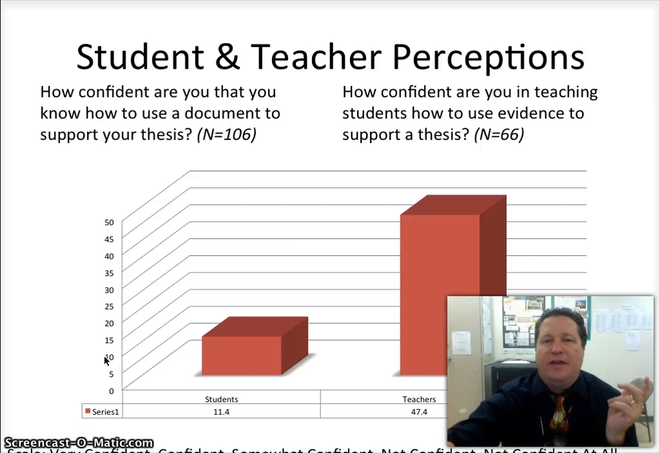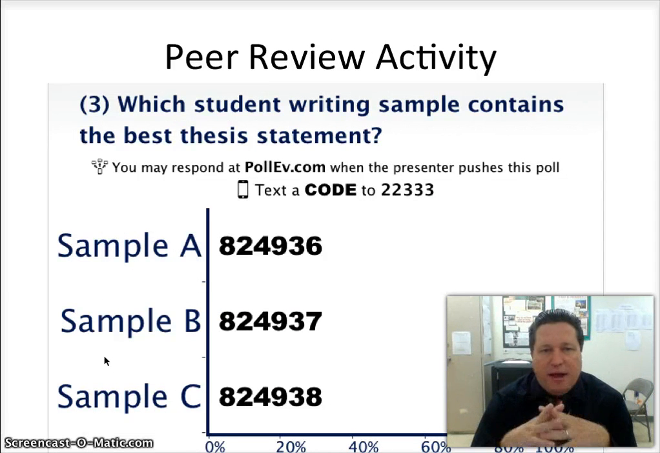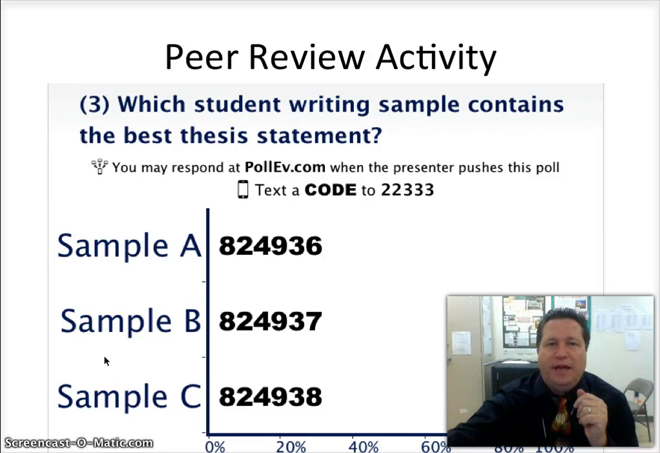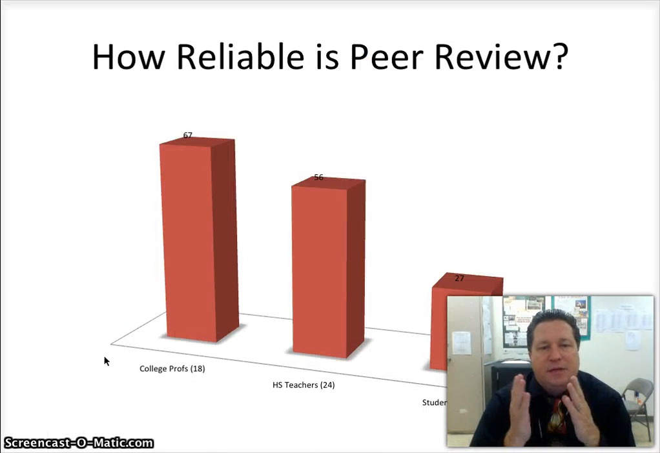We need to kind of focus and do more work on that. One of the simplest ways I use is Poll Everywhere. I give students a sample of 3 thesis statements, and they read them, and they talk about them, and then they vote in on which one they think is the best. And when I did this with a group of college professors, the college professors picked the correct thesis statement 67% of the time. A group of high school teachers picked it, I think 56% of the time, and my